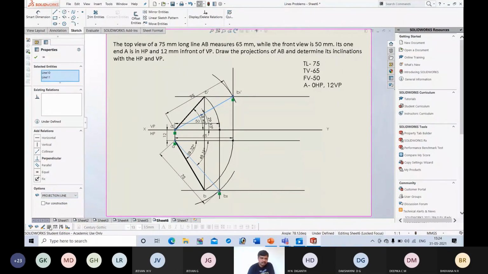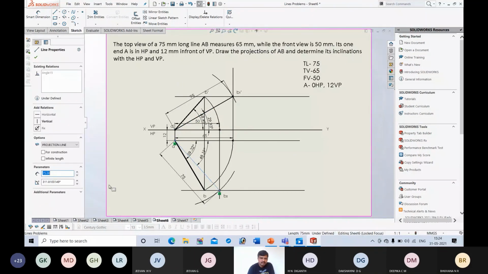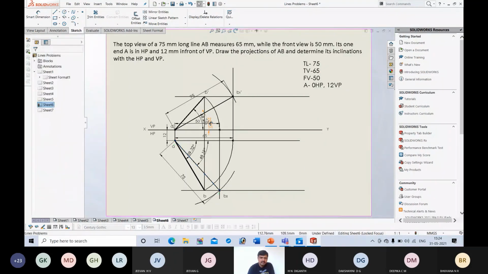So these two should be medium thick. Remaining all should be thin. Only front view, top view should be thick. Then true length line should be medium thick. Even if you make thin also no problem. So make them visible. Okay. Remaining all should be very thin. So this should be thick. True length lines, that is A dash B1 dash and A B2 should be medium thick. Remaining all or construction lines, they must be thin.